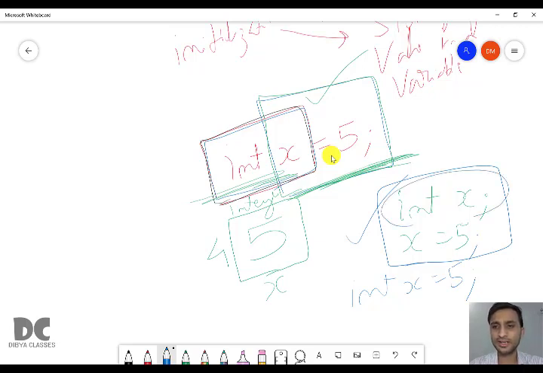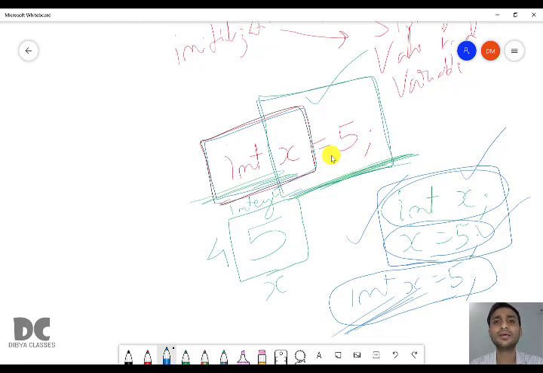This is called declaration and this is called initialization. When the whole thing is written in one line, it is called declaration with initialization. If you write like this, it is correct. If you write like this, it is also correct.